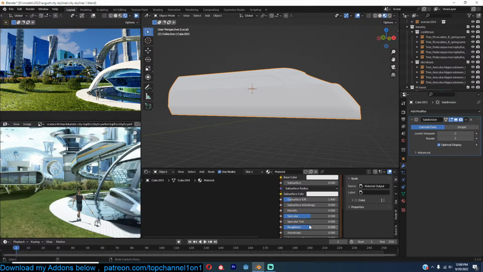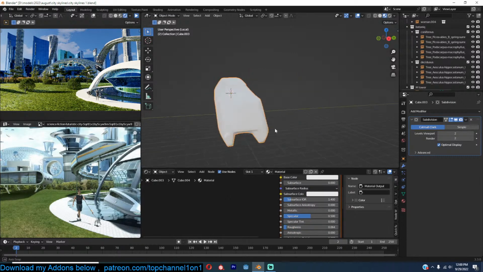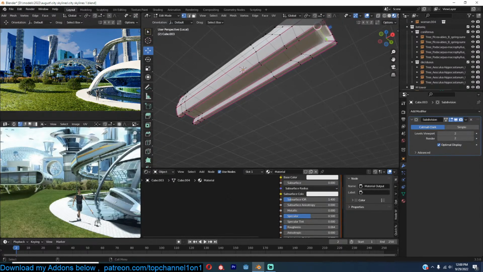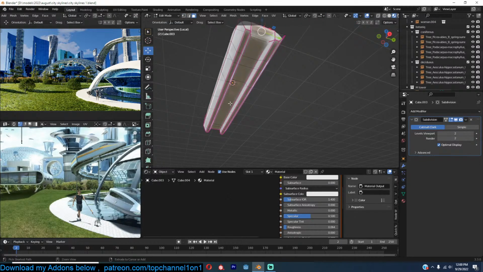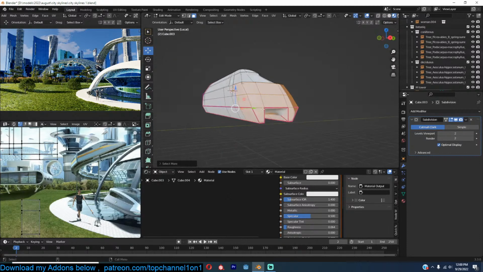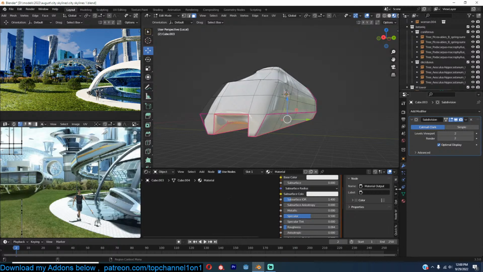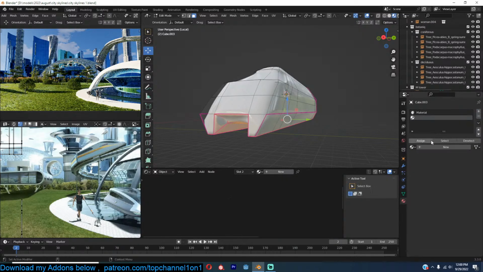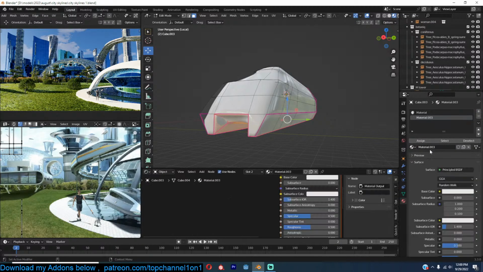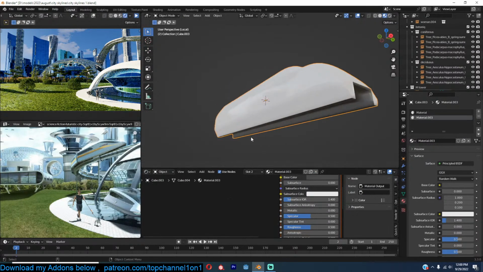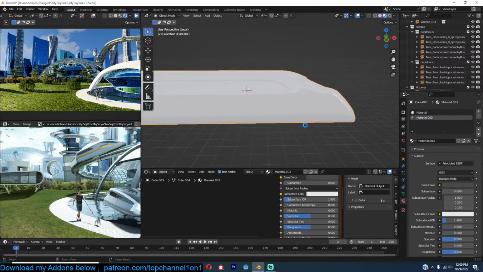So this is going to be quite reflective. The down area can be a different material. Okay, and this glass area can also